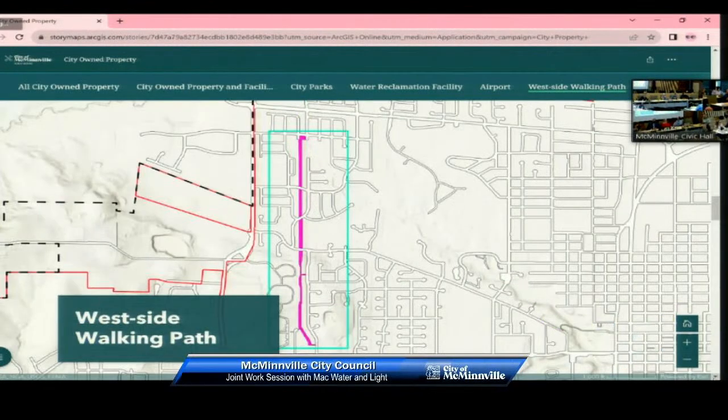West Side walking path. This is just an example of where we already do work together closely and collaboratively on providing multiple services with the same property. This was the BPA path, now owned by Mac Water and Light, and it is an excellent part of our park system. We hope to continue to grow these types of facilities where we can really capitalize on open space that might be able to be used as recreation as well. So this is one really good example, and there are many. I'm sure John could give many good examples of where we partner together, but this was one we wanted to call out and show you an example of.